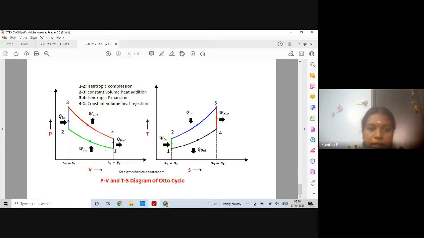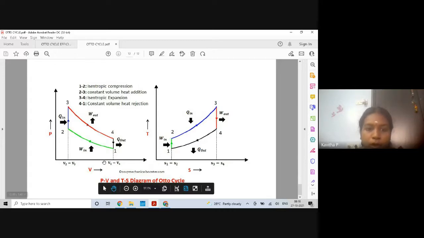Whenever there is a curved line over here, it is represented by a straight line in the TS diagram, which means along with the rise in pressure, there is also a rise in temperature at constant entropy. At 2 to 3, when there is a constant volume condition, there is an increase in pressure, which is also represented by a gradual increase in temperature, since pressure and temperature are directly proportional to each other. And in 3 to 4, when the pressure reduces, there is also a drop in temperature, and in 4 to 1, due to heat rejection, there is also a drop in temperature.